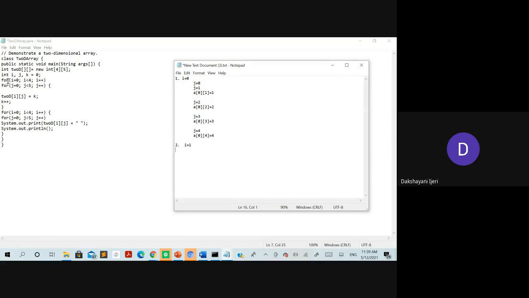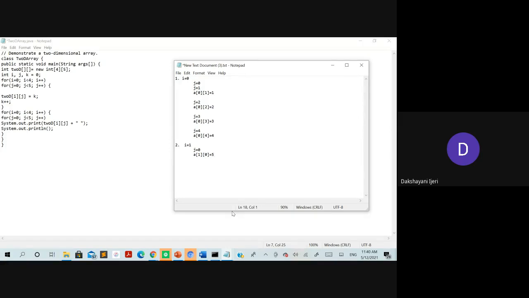Correct. So next it will again go to the first iteration of the inner for loop, for which the j is 0 now. Is 0 less than 5? Yes, right? So now what will be considered? A of 1. The i value is now 1, isn't it? We are in the second iteration of the outer for loop, for which the i value is 1. So A of 1, 0, since the j value is 0. Whatever the value is, it is going to be considered. Now the k value is 5 here. Correct?